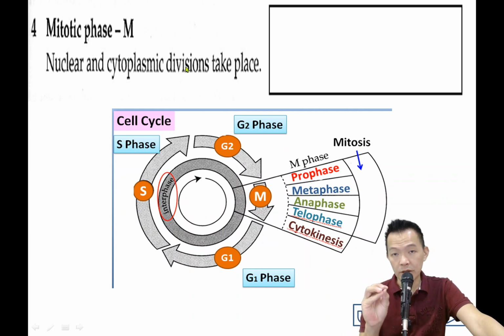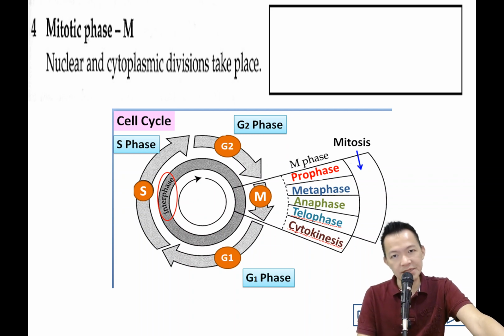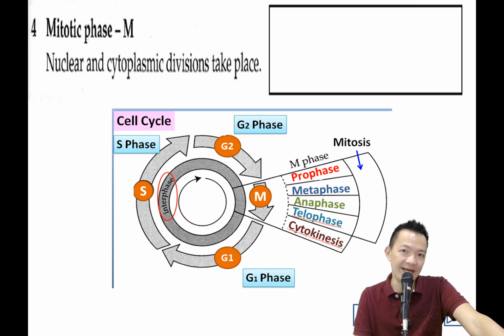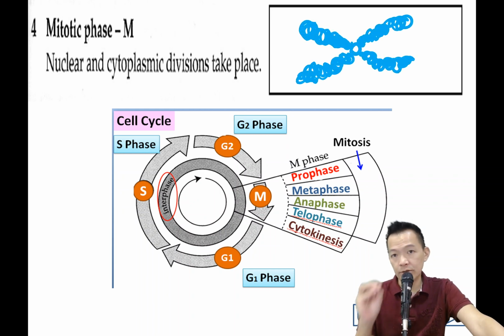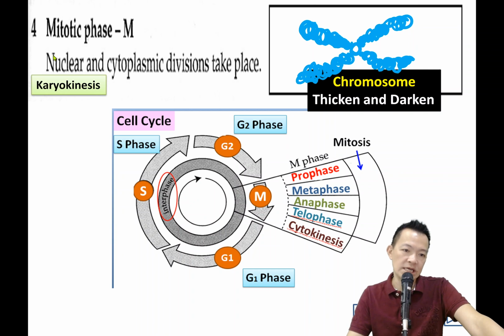But what happened to the chromosome during this phase? 在 mitosis 的时候 chromosome 变成怎样呢？They'll become visible under the normal light microscope. 这时候在普通显微镜看得到，它会变黑，thickens. 它这时候变黑又变浓浓啊。So chromosome thickens and darkens. 它变浓变黑。So this is what happened to the chromosome during the mitosis. 细胞分解的时候啦。Nuclear division 就叫 karyokinesis, cytoplasm division 就叫 cytokinesis.